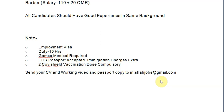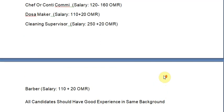Next, ECR passport accepted. ECNR means emigration check not required, and ECR means emigration check required. So your passport can be ECR or ECNR, both are accepted. Two Covishield vaccination doses, that means you should have the COVID vaccine, two doses compulsory, and you should have the certificates. So if you have all these things and you are eligible for any of these positions, then you can apply